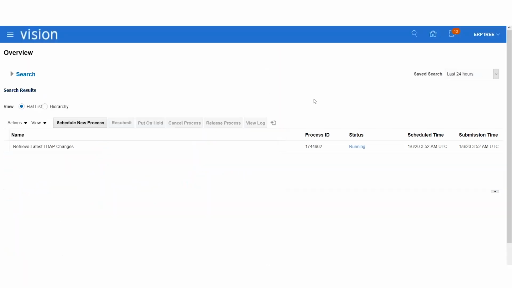Fine. Any other questions here, please? Any possibility to know more about LDAP and SSO?